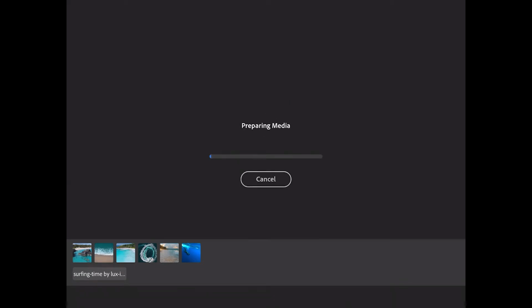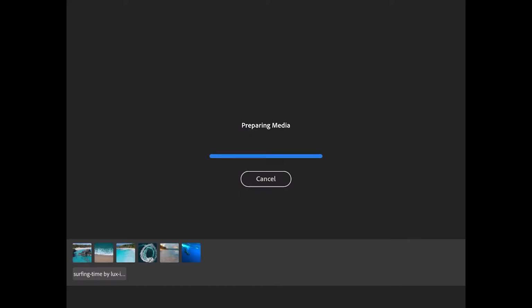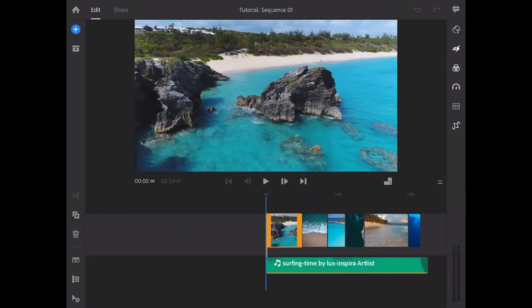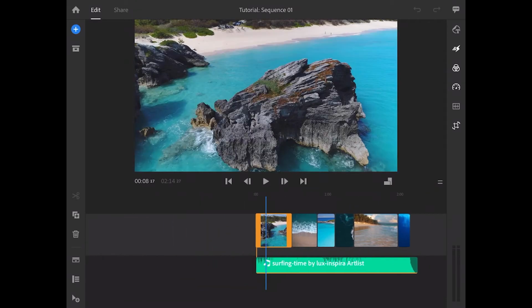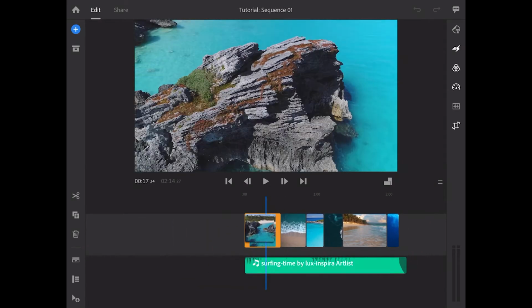See, it's preparing the media. So I'm assuming it's ingesting it and importing the footage at this point. So for some context, I have some beach clips, video clips with like a surf song. So we're just gonna put some B-roll together to some music. So as we can see here, we got a timeline. If we kind of go through with our finger and scrub through, we can see that it put